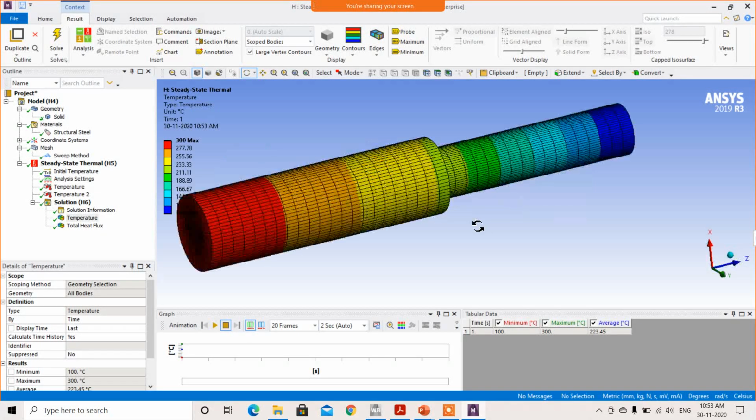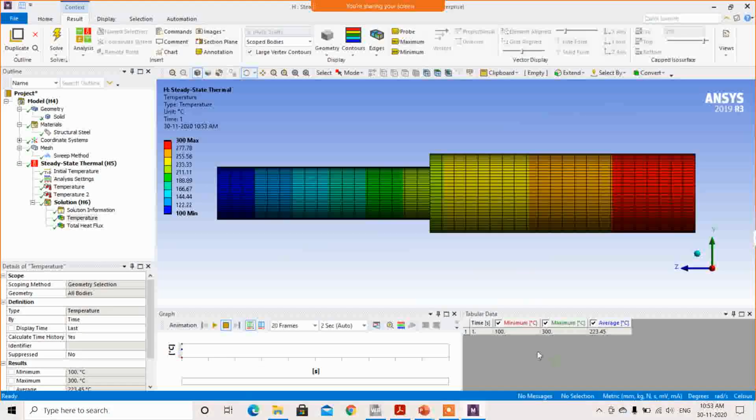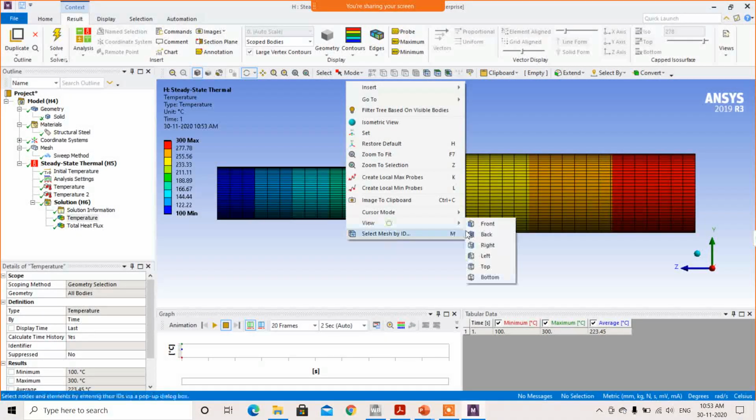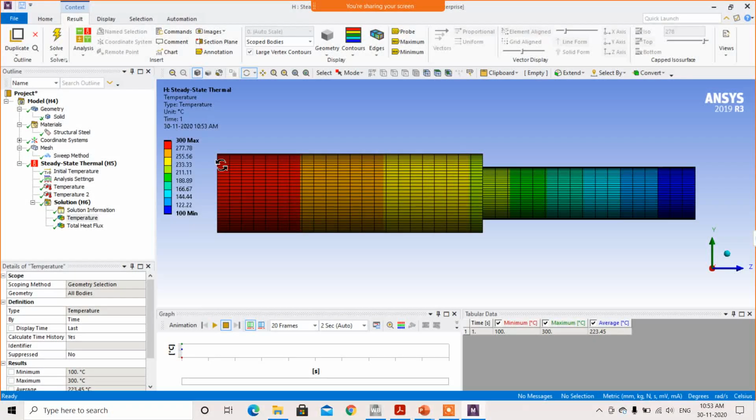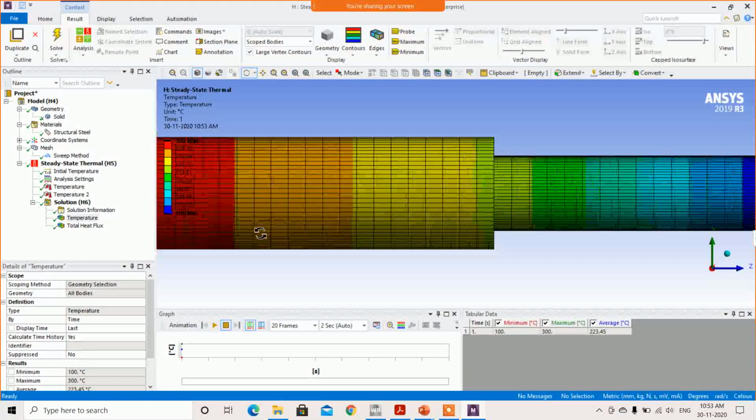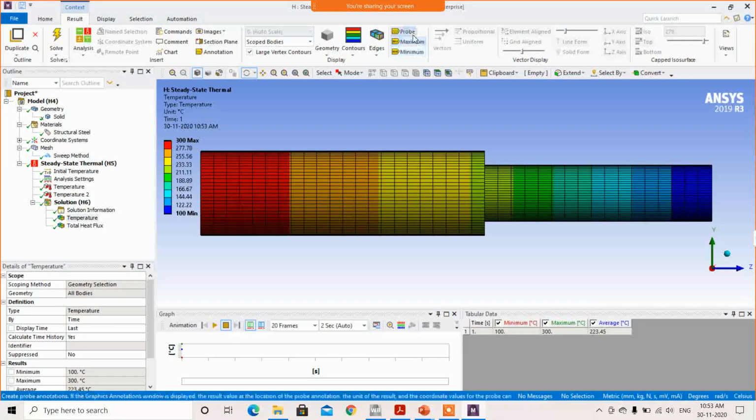So up to this section, from this to this, we can check a right view. Okay, left view. You can check from this point to this point. Here it is 300 degrees Celsius. Means what? The temperature of 300 degrees Celsius can move up to this point only. Thereafter the temperature has changed, and at this point it is 277, then 271, 270, and it has been reduced. So this is the temperature distribution. So we can say that it's a thermal analysis.